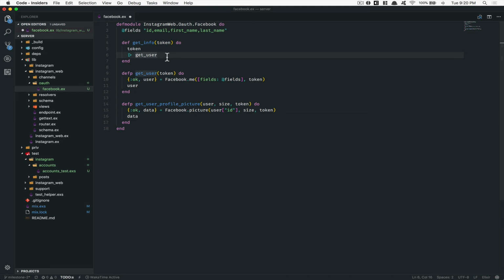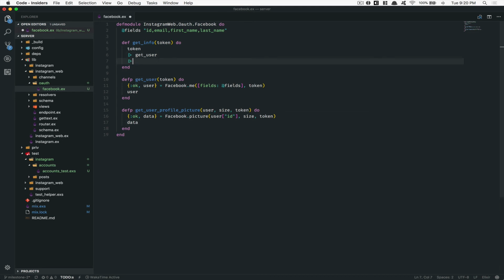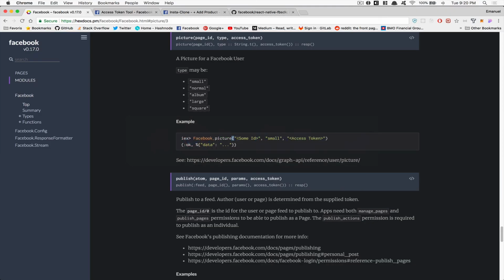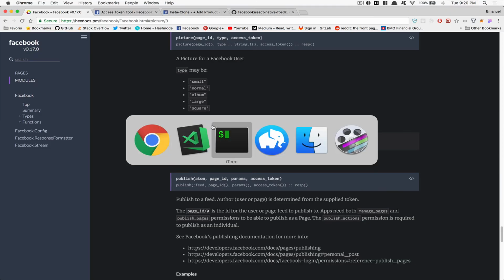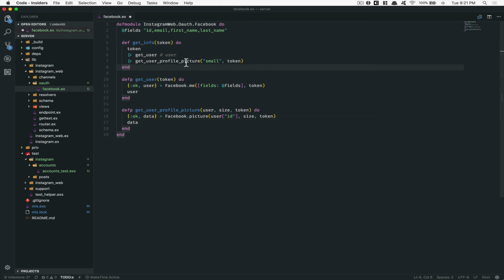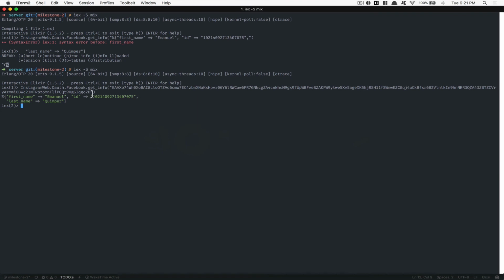So now think about this, after that I have my user object. So now what I'm gonna do is get user profile picture. The first argument is gonna be the user. Now I need to just pass two arguments, and I'm gonna say small and token. So if you remember, I have the user here, I just need to pass small and the token, like that. Now, if I run this command again, so I'm gonna rerun this command,